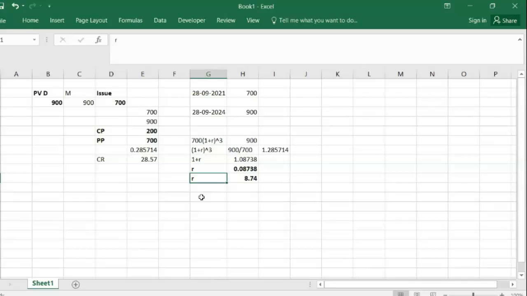Once again, I just explain the scenario. The particular debenture or bond has been issued by the issuer at the rate of 700 rupees. The original rate, or the par value, is 900 rupees, discounted by 200 rupees, and the instrument is available in the market. At the time of maturity, you will receive the par value of 900 rupees. The maturity period is 3 years. So here, the cumulative return we have calculated as